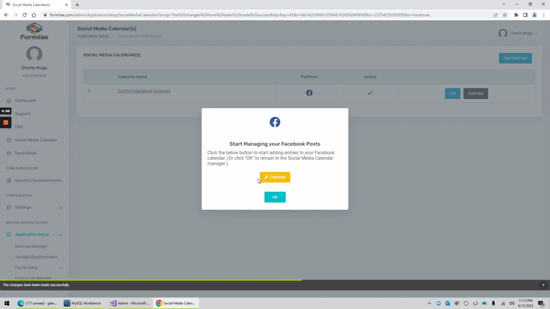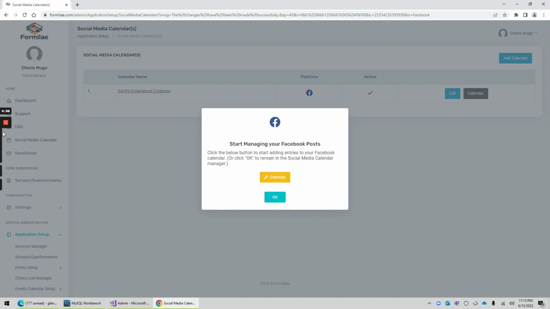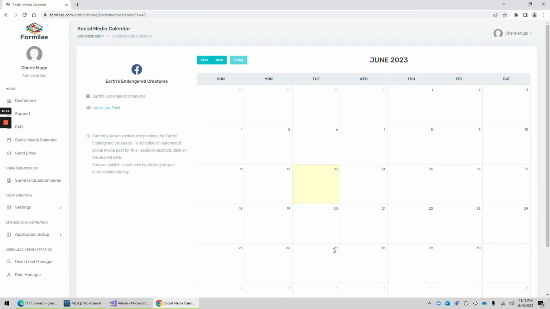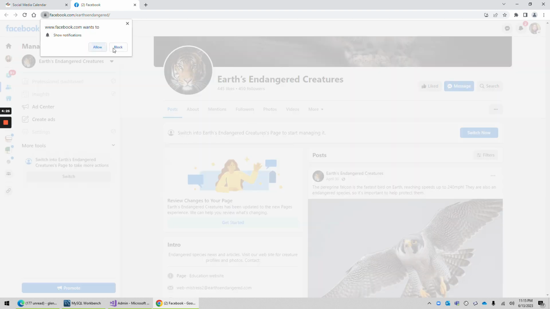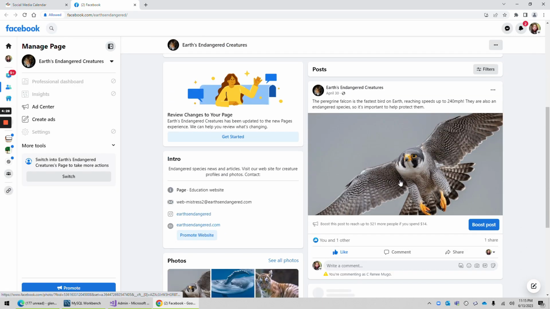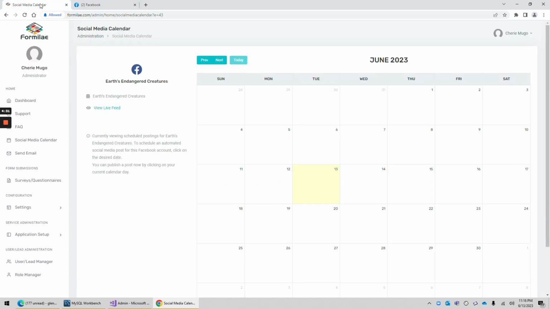Once you're all set up, you'll be able to see a quick link to go to the calendar that we visited before. So let's go there. Here you can view your live feed. You can see what's already there. So this is the Earth's Endangered timeline. Okay, and then you're going to click on a date. You can either publish an entry right now or you can schedule it. If you want to publish an entry now, you're going to have to click on today's date